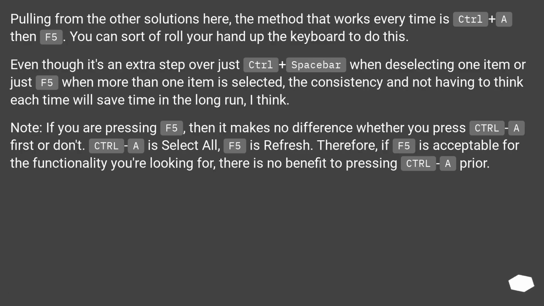Pulling from the other solutions here, the method that works every time is Ctrl plus A then F5. You can sort of roll your hand up the keyboard to do this. Even though it's an extra step over just Ctrl plus spacebar when deselecting one item or just F5 when more than one item is selected, the consistency in not having to think each time will save time in the long